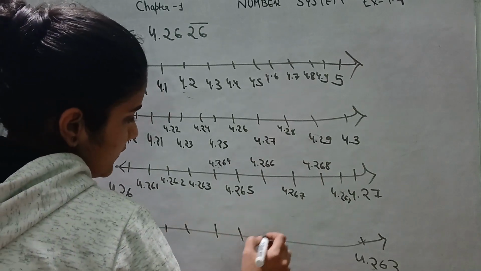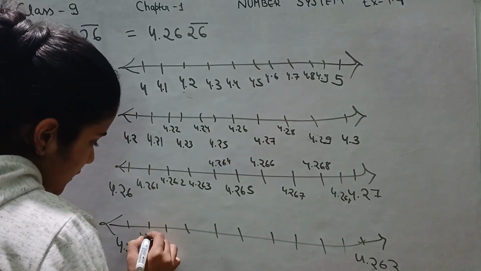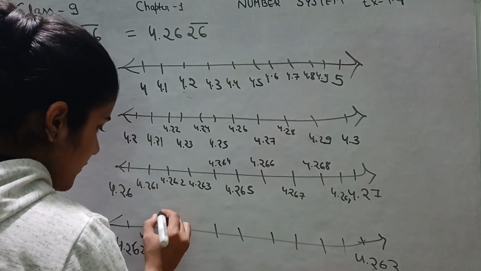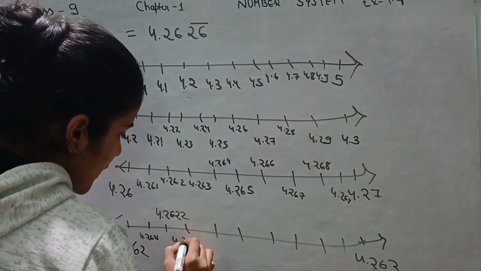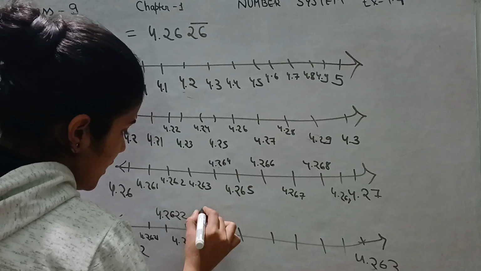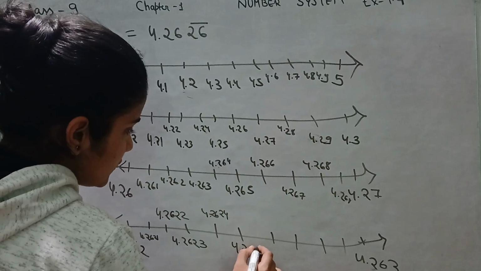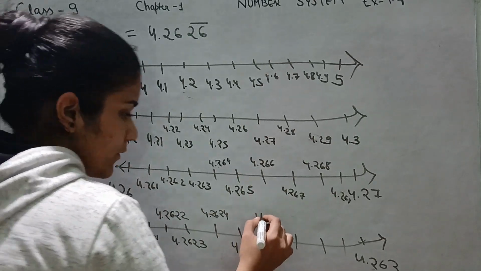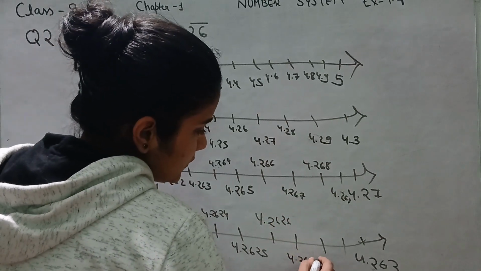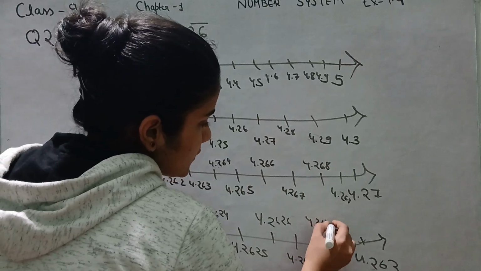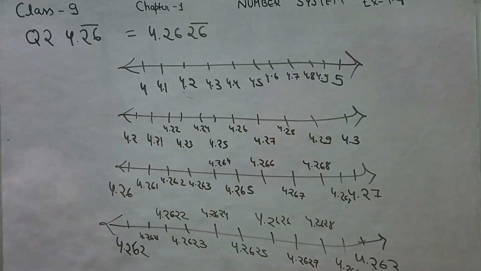2, 3, 4, 5, 6, 7, 8, 9, right? 4.2621, 4.2622, 4.2623, 4.2624, 4.2625, 4.2626, 4.2627, 4.2628, 4.2629. Okay,